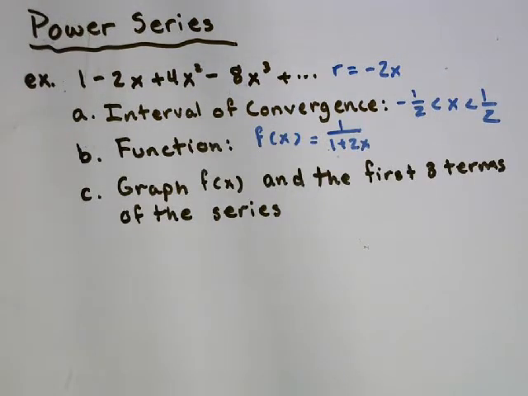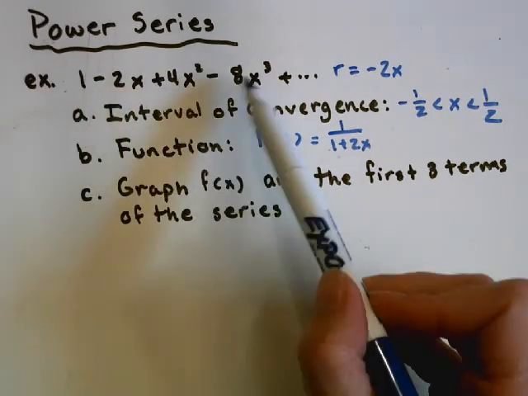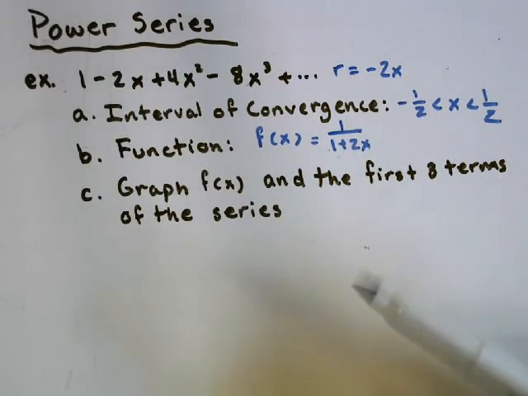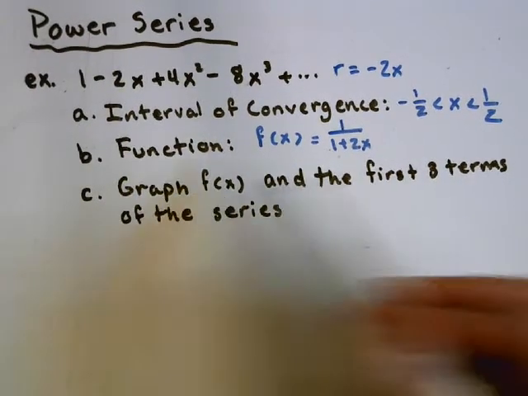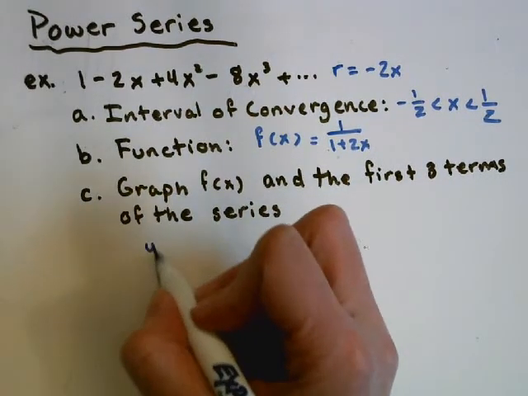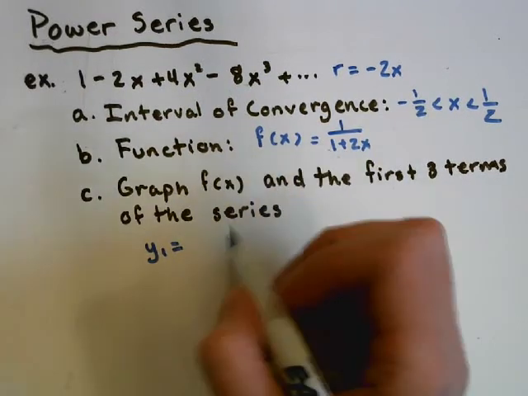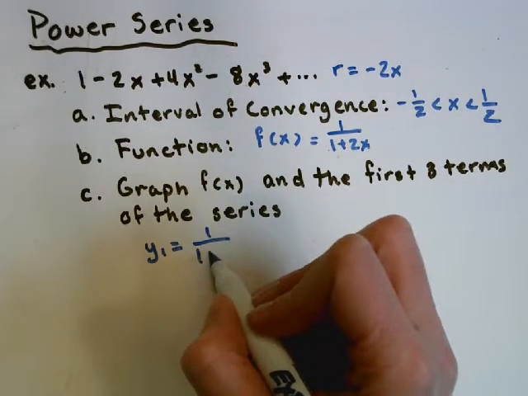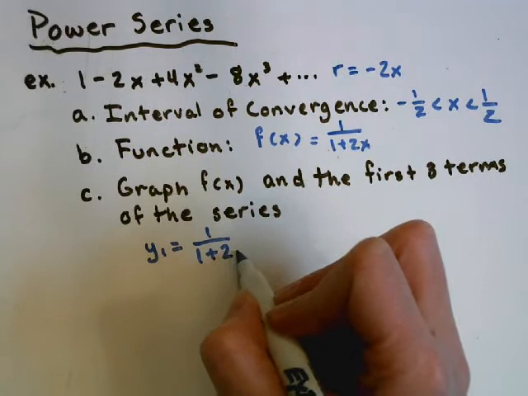Next, we want to look at the graphic example of this. So we want to physically see how this and this are somehow the same. So we're going to graph f of x and the first 3 terms of the series. So in y1, we're going to have f of x, which is our sum. So 1 over 1 minus r, which in this case is 1